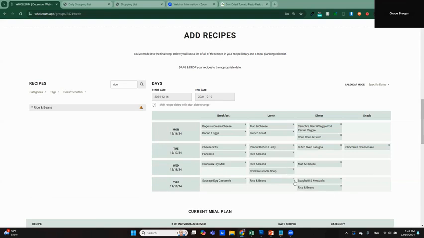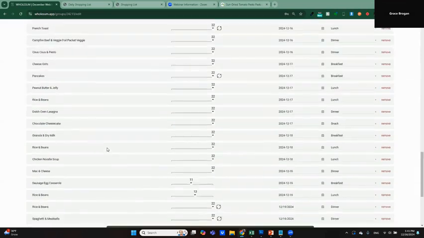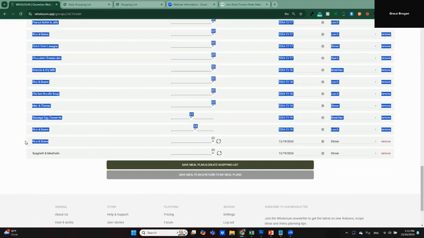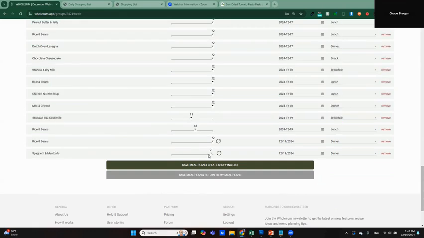And so what I can do now is to say, we're not going to substitute ingredients. Instead, what we're going to do is we've got spaghetti and meatballs here and rice and beans here. And I'm going to just say, 15 people or 12 people are doing spaghetti and meatballs, and 10 people are doing rice and beans. And so this is a way of serving 2 completely different meal options, which can be really helpful if you've got a lot of different dietary restrictions you need to work with, or you have